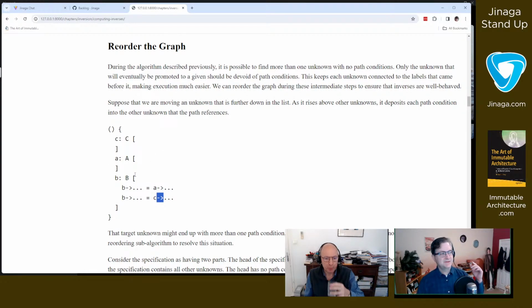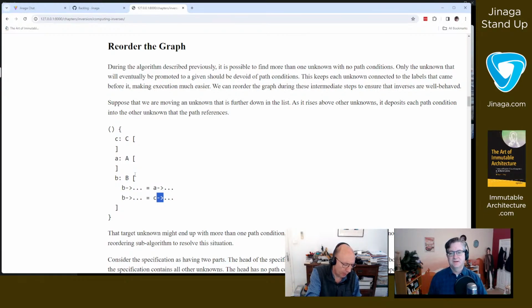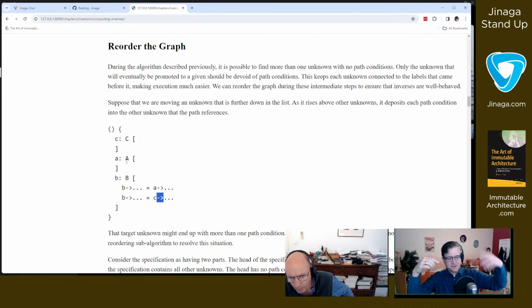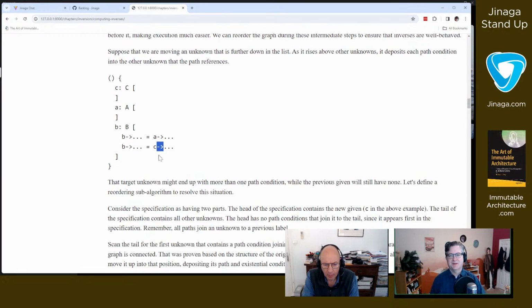That condition, by the way, is helpful for turning this into SQL or anything else that's going to execute the specification. So if you just have A hanging out there, so given C, give me all A. Well, you've started with a Cartesian product. And then you say, now give me all B, such that it's related to both A and C. And then your engine has to do a little bit more work to bring that Cartesian product back into step. SQL can do it, but I'd prefer that it didn't have to.